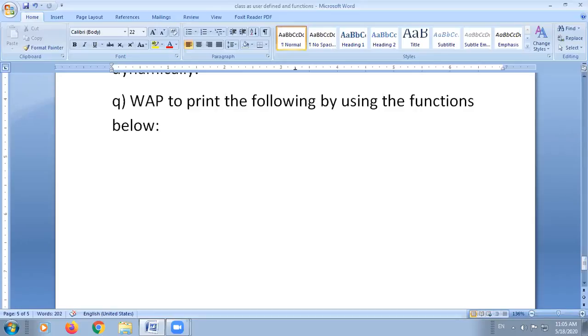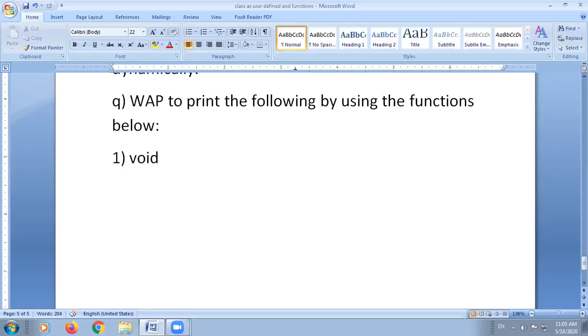Okay, now in this program we will see the example of how multiple functions you can call with the help of the main function or without the main function. Okay, so now we are dealing with multiple functions, and the main function is used to call the function. Now first function, write down the first function void.